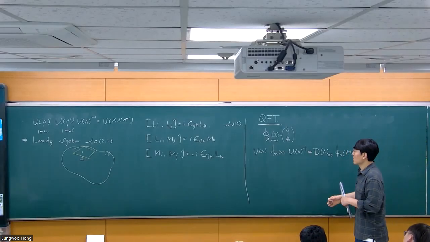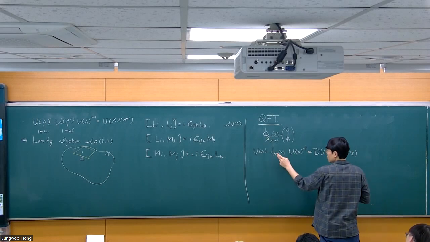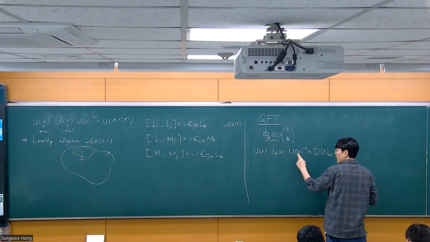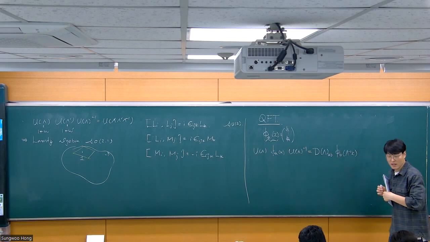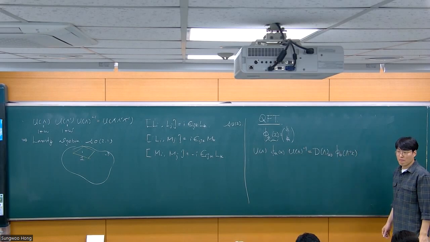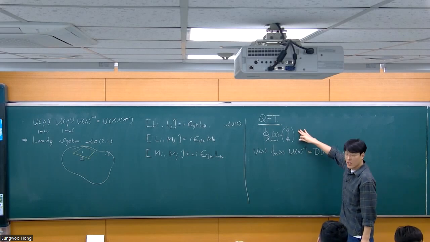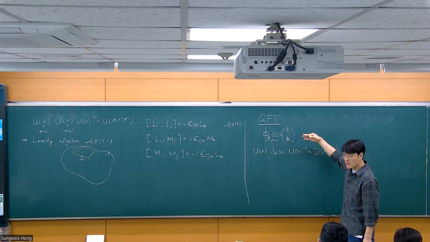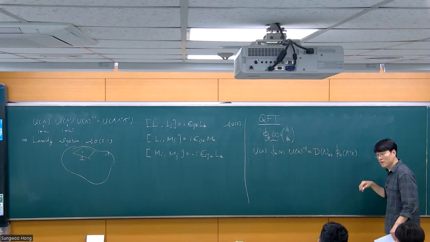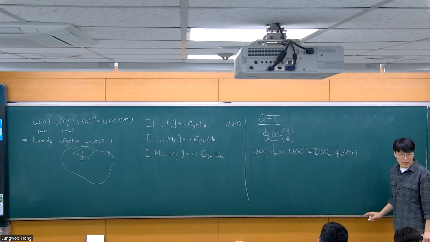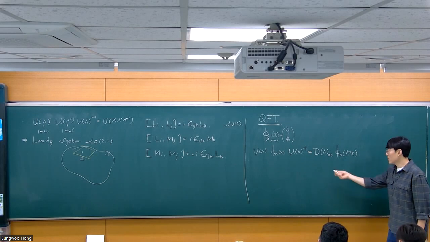So this is a statement that, given a field, transforms under a given representation under Lorentz transformation, right? This is a mathematical translation of the statement that I made here, that somebody gave you a set of fields which is known to transform nicely under the Lorentz transformation. Is that clear so far? Hopefully this part is clear.